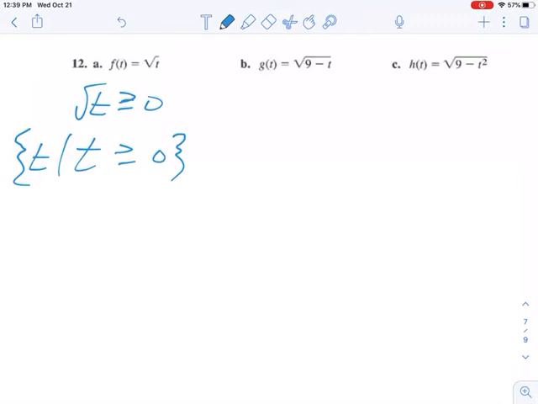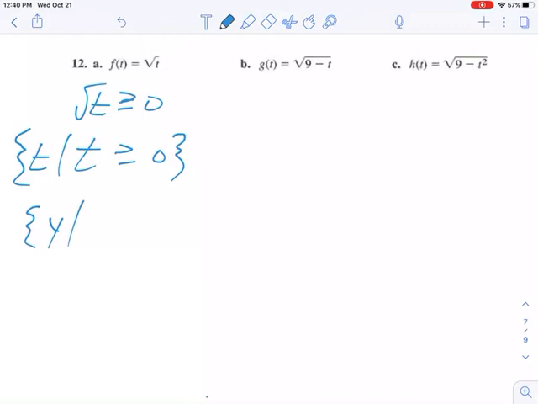As we start with 0 and start plugging in numbers for t, 0, 1, 4, 9, 16, 25, 36, you'll notice that this graph is increasing. The numbers are increasing, f of t is increasing. So we would say the range is